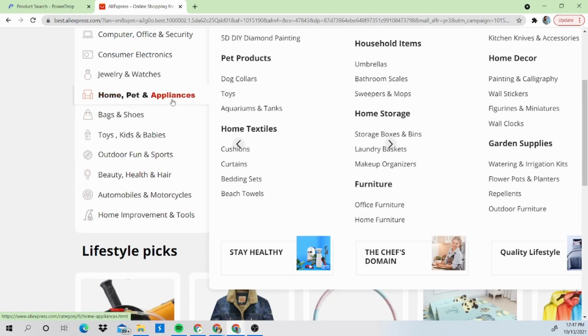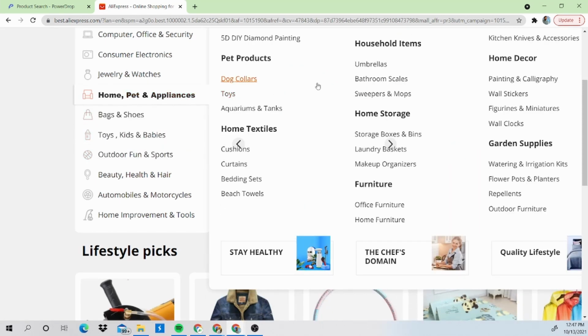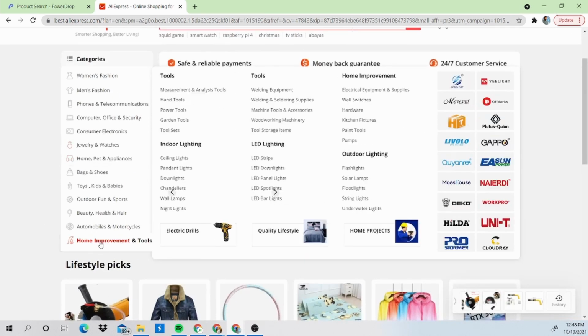Then you have home, pet, and appliances, the same thing. When it comes to household items, home decor, garden supplies, anything related to their homes is a great category to sell. Also, when it comes to pets, a lot of people have pets, so it makes sense to sell pet products. But in this example, I will be choosing home improvement and tools, and my go-to would be under